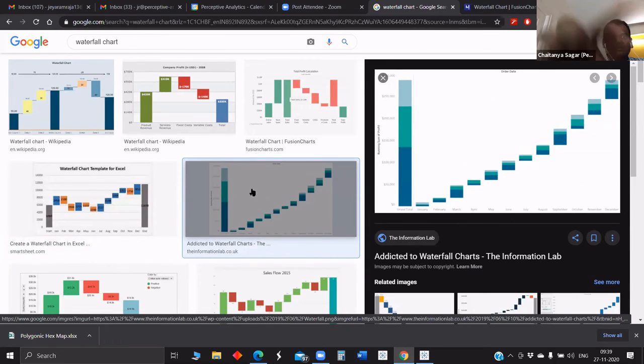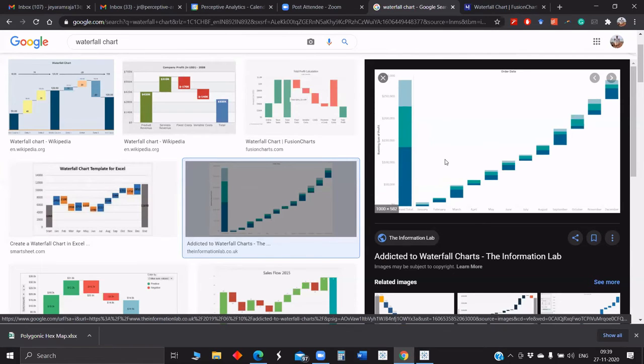If you look at this one, this is slightly different. Let's see what it is. This is called information. So grand total. Oh, this is a little different. You have a running total of the profit, and then you have Jan, Feb, all the way till December. There are three constituents. What are these constituents? Can anybody see the legend?